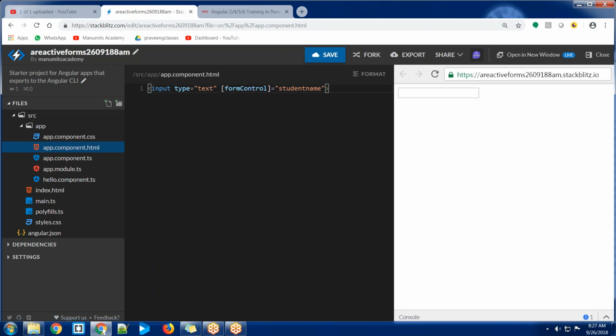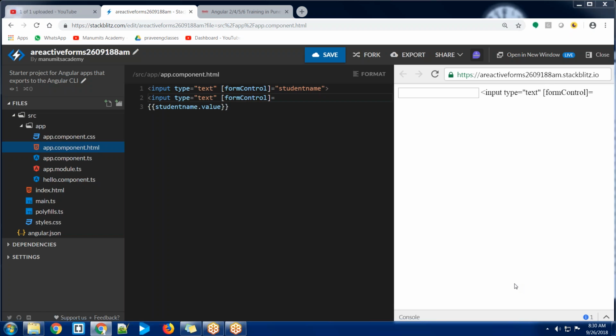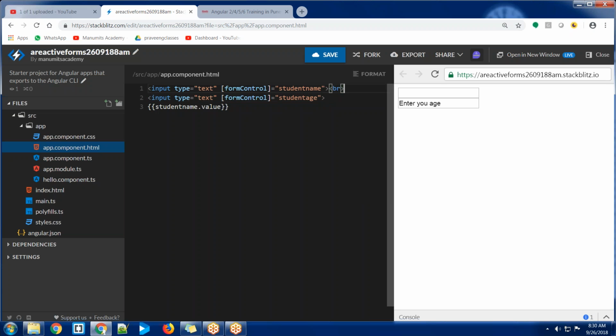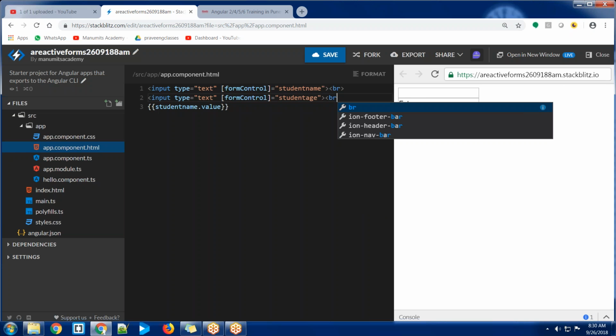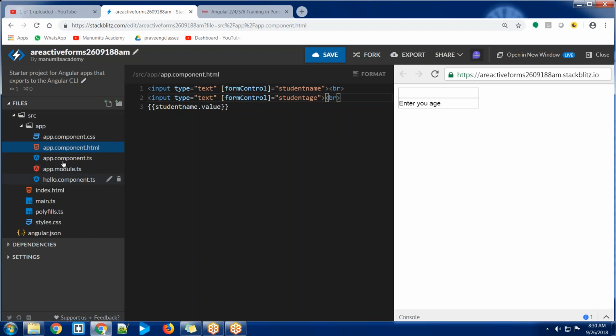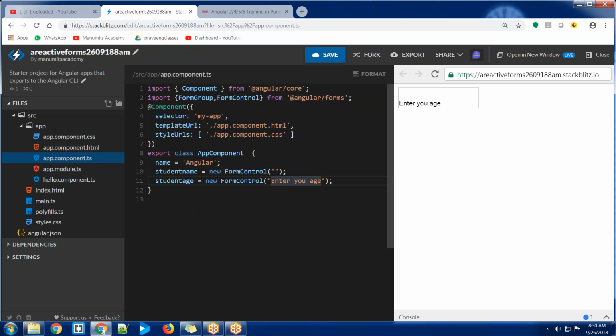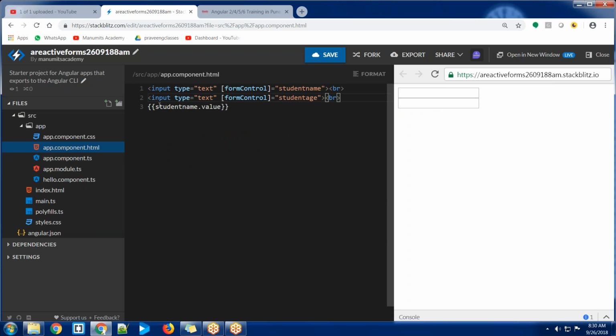Just give me a minute. So formControl and studentAge. So you can see this actually. Now the default value 'enter your age' got applied on this particular page. This default value can be removed, but that value will be directly visible on it. Next, I will create a button